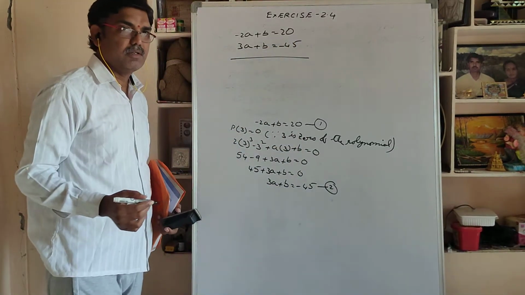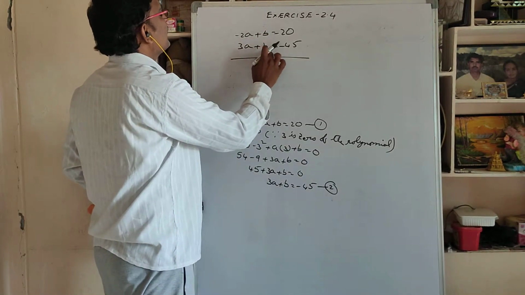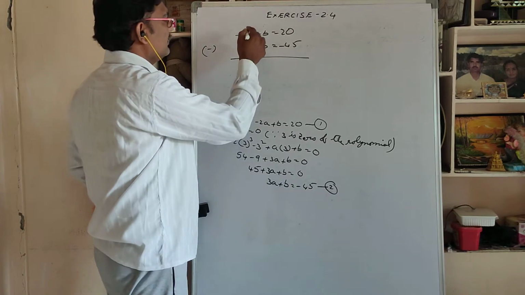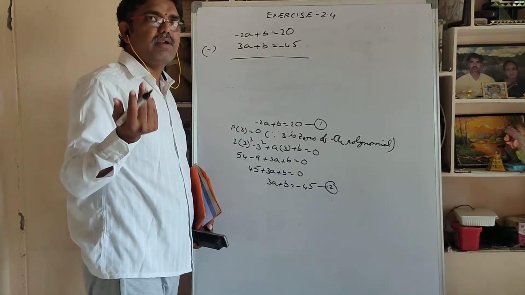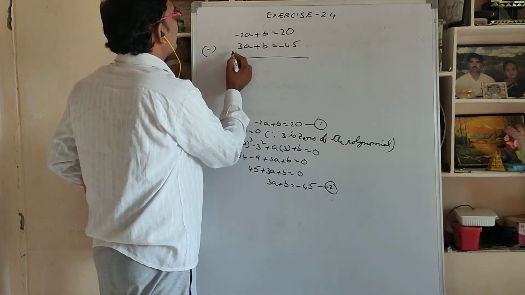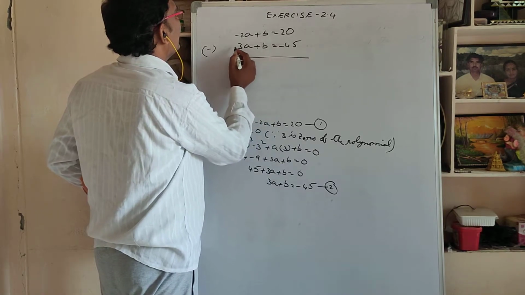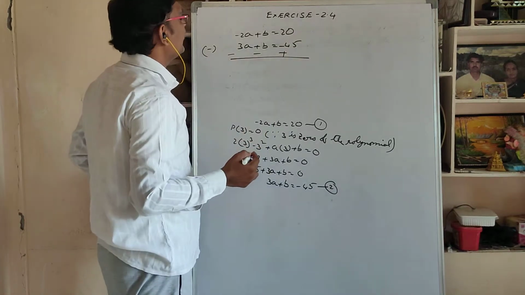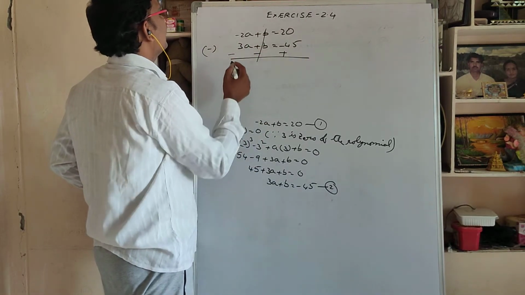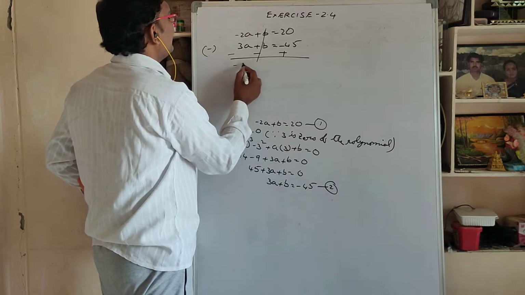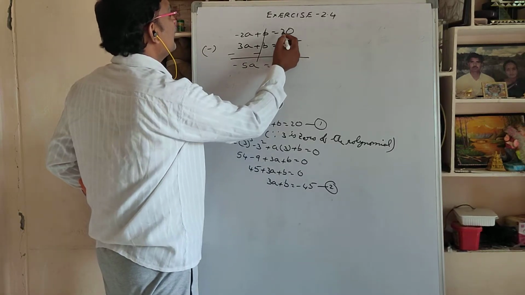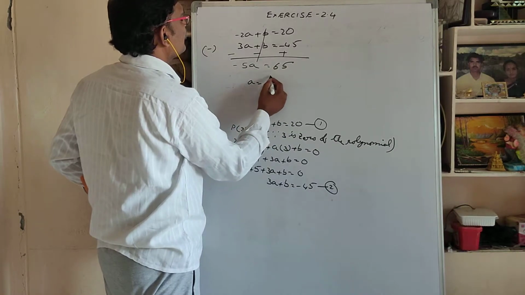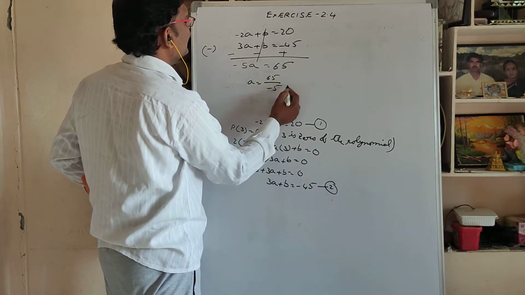I have to solve. So it is plus b, it is plus b. Coefficients are same. So if you do subtraction, then these will be cancelled and you will get the value of a. So while subtracting, in the lower equation, the signs should be changed. Now plus b minus b cancelled. Minus 2a minus 3a is minus 5a is equal to 20 plus 45, 65. A is equal to 65 divided by minus 5.